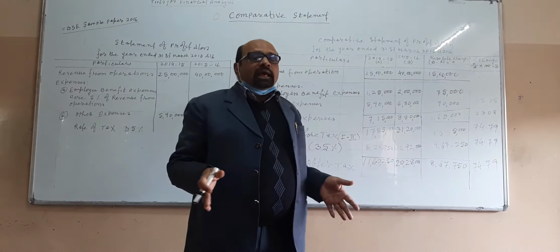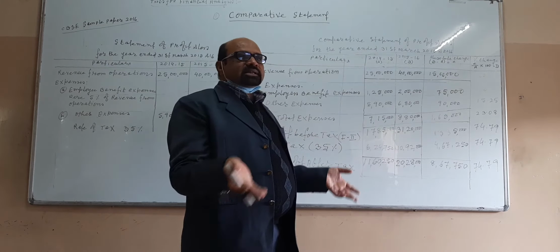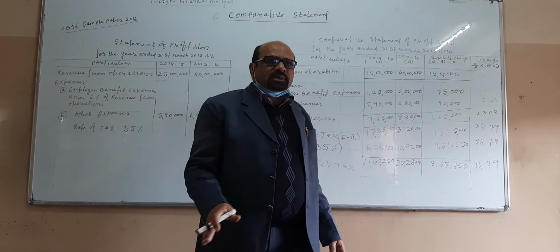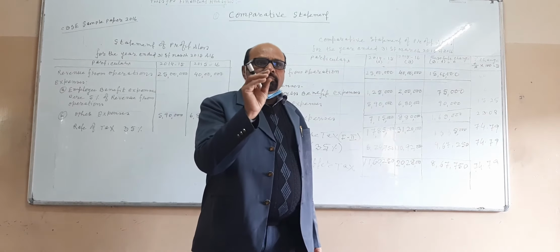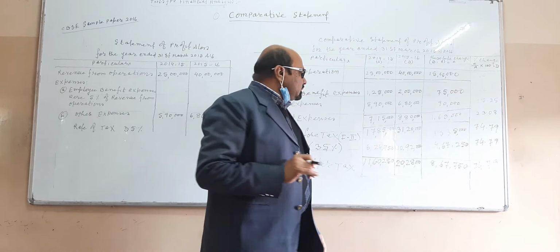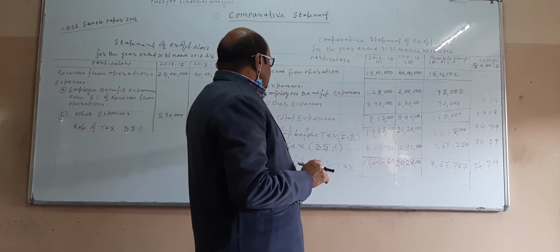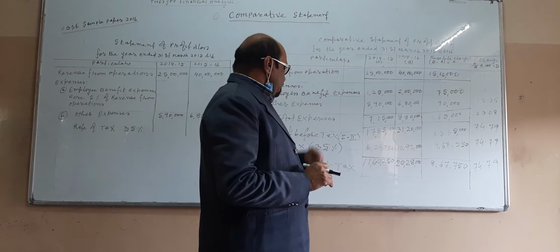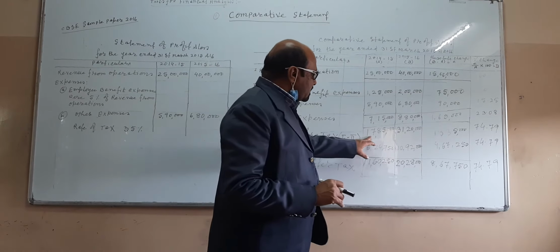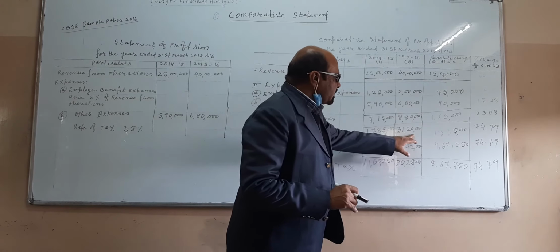After giving all the expenses, whatever may be the expenses, salary or employee benefit expenses, any type of expenses, on the net figure, whatever revenue we earn during the year, on that figure we pay the tax. That's why here we always pay tax on the last amount, that is net profit before tax. And it is 35%, so we calculate 35% of 17 lakh 85,000 and 31 lakh 20,000.